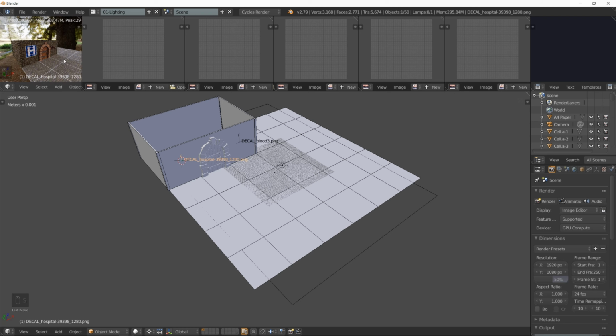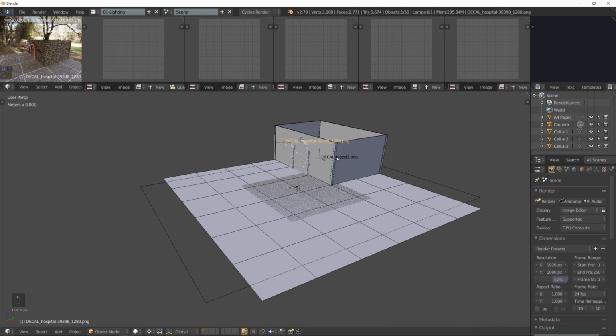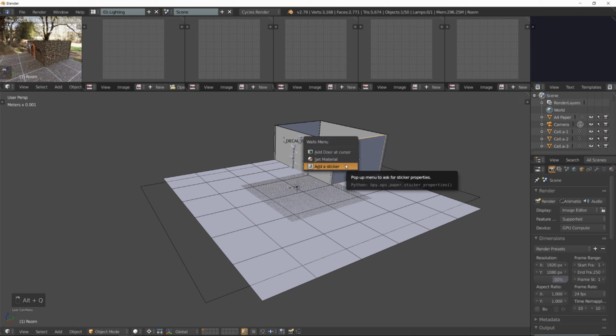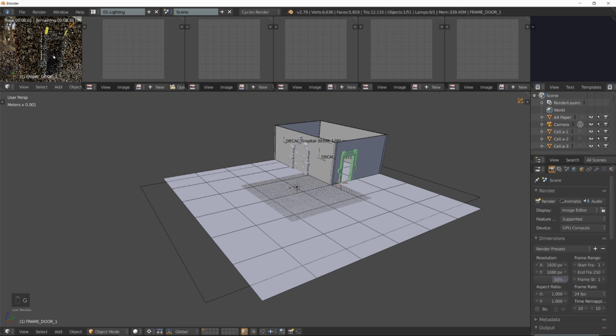All right, and add a different kind of door, like a sci-fi door, right here. I'm just going to move it a little bit here. And one of the new changes is that now you can import